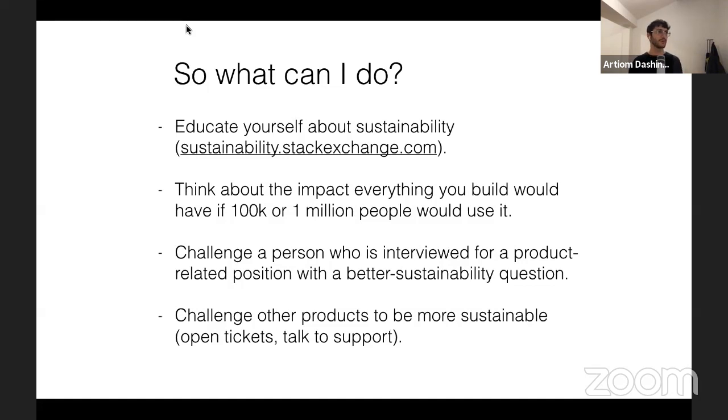The more you know about what actually is more sustainable and what affects the environment in a negative or positive way, the more you will be able to understand in your digital product what are the features or behaviors that you are shaping through your products that are actually having good or bad impact on the environment.